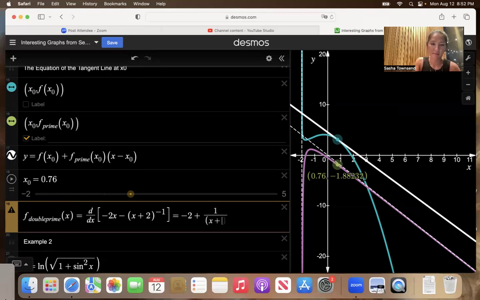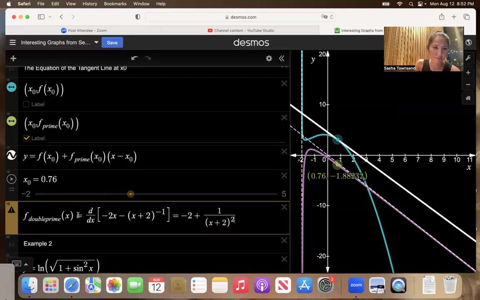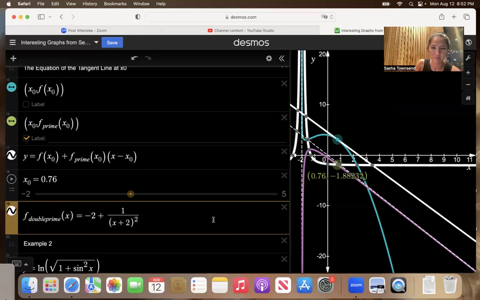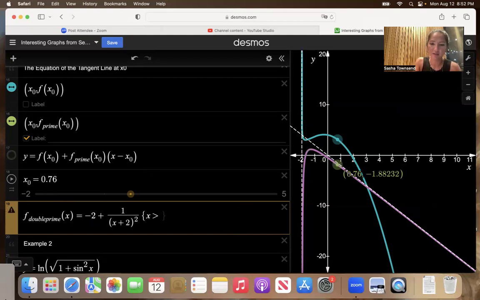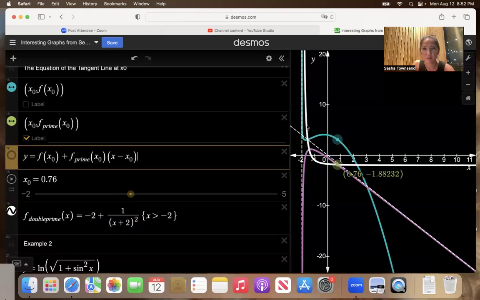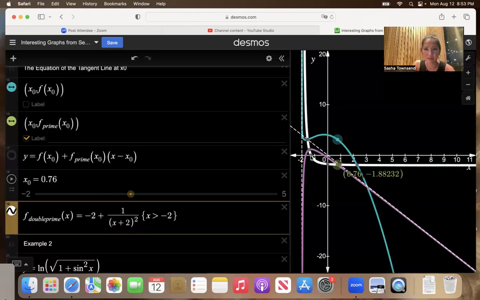And I prefer it that way when I'm thinking about limits and graphing. So this is our second derivative. And again, we're only interested in it on the interval where the function is well defined on the domain. So we're only interested in it for x greater than negative 2. Now this shows that the second derivative is positive until we get to this negative 1.29289. So that second derivative is 0 at that x value, and then it's negative there. So the graph is concave upward until we get to this x value, and then concave downward on the other